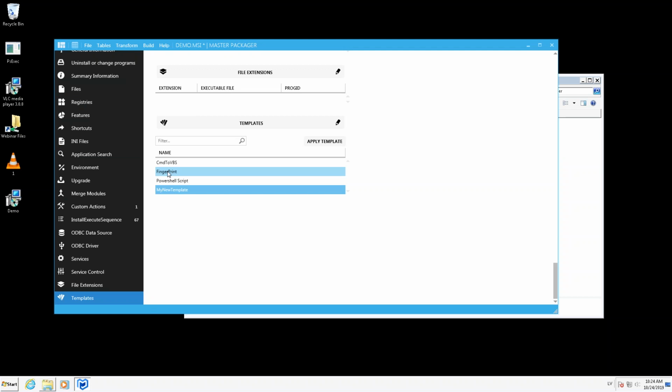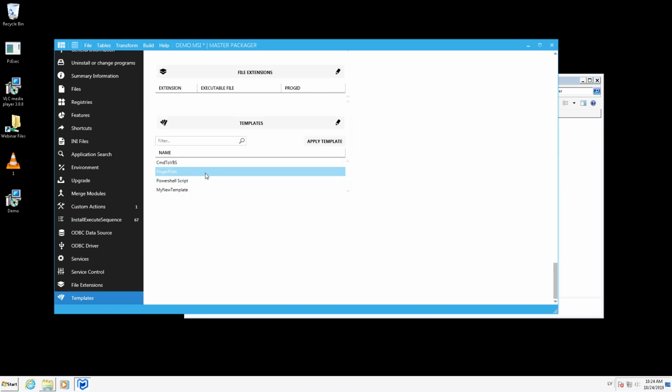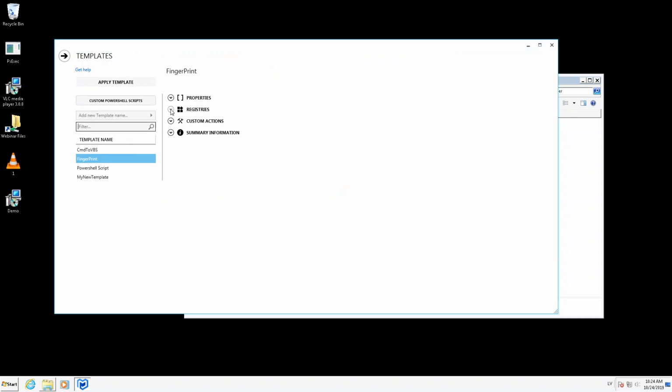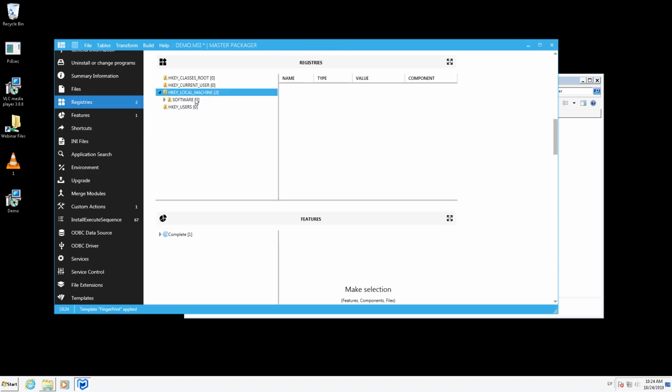So how is this useful? For example, some companies like to add fingerprint registries that identify each package that they create, and this can be used as a detection in SCCM or for other reasons, for software inventory reasons. So we can create a template that contains registries. As you can see, this looks like a normal registry table row, and we have a creation date and author here. If we apply this template, you can see that two registry entries are added,